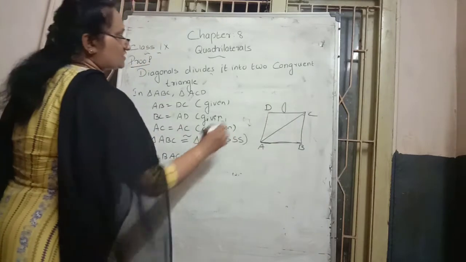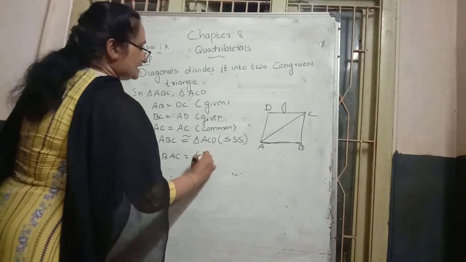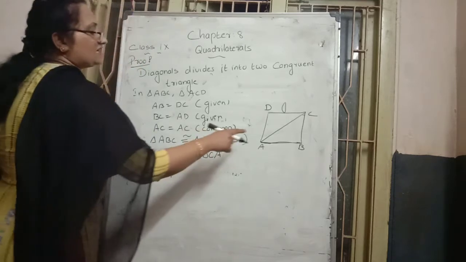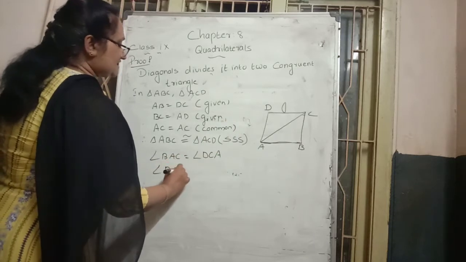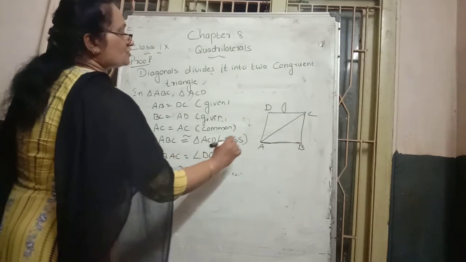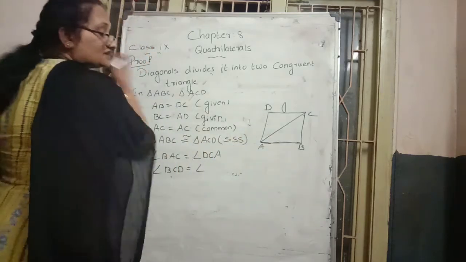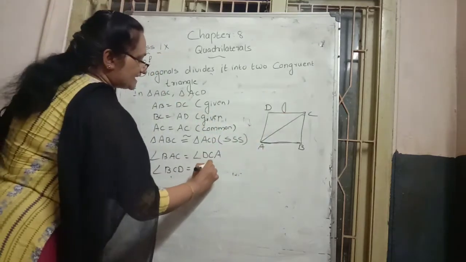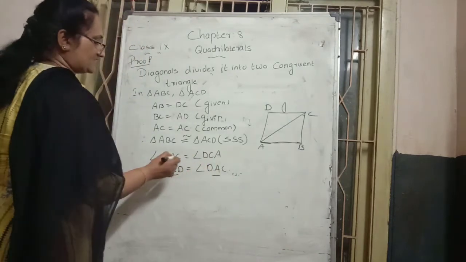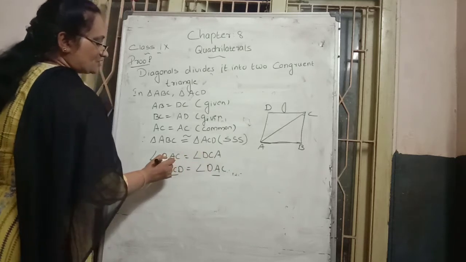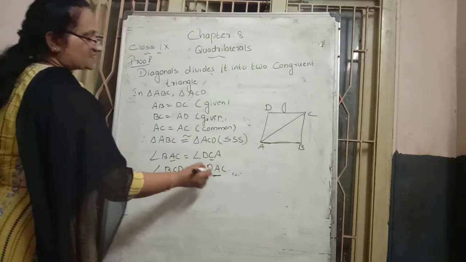the C vertex of the second, that is angle DCA. Same way, in the first triangle, angle BCD is equal to the DAC of the second. Here see the C vertex and A vertex. Here the A vertex of the first triangle and the C vertex of the second. Here the C vertex of the first triangle and the A vertex of the second.